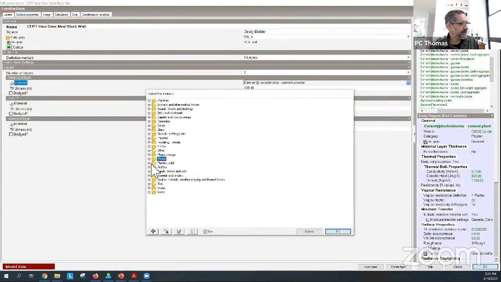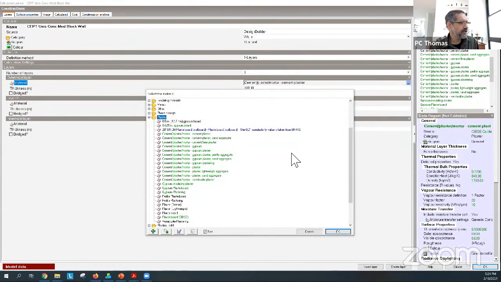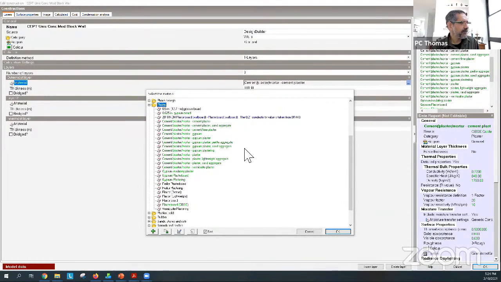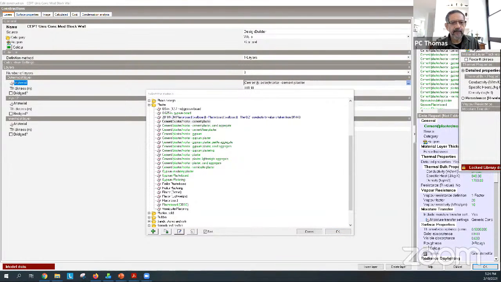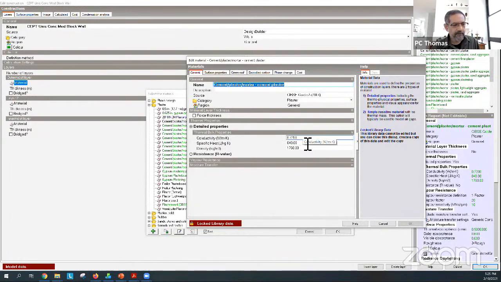Now, behind each of these materials, so let's go to the cement plaster material that we were looking at, cement plaster mortar. Now, which one is it doing? Here we go, this one. If I actually look at that material itself, there's a fair bit of data behind that as well. So each material comes with its physical properties. So, you know, conductivity, specific heat, density,